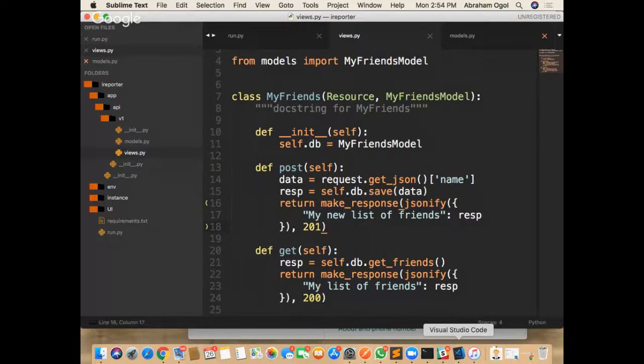So, what do I mean? I'm not only giving it the name, Abraham, but I'm also giving it the DB. So that means that both the users, parcels, and red flags can use it as well. By the time I'm passing in the red flag, I'm also passing in the database name. By the time I'm passing in the name for the user, I'm also passing in